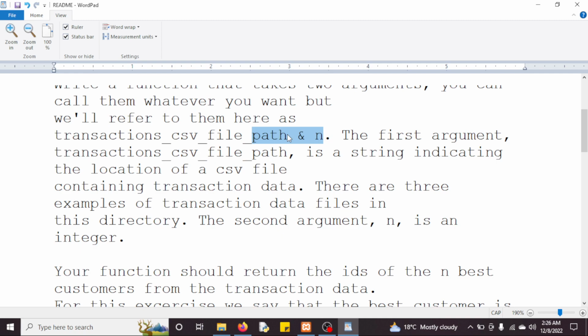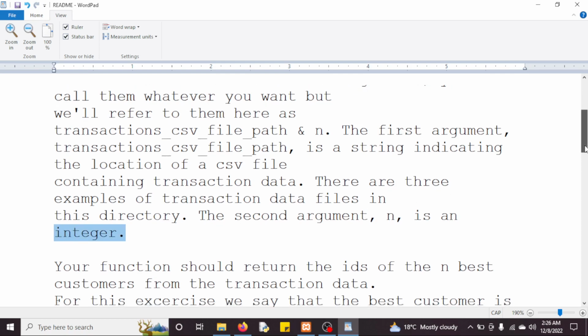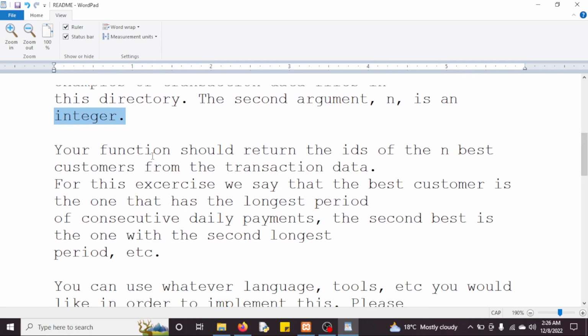The program, or whichever script you can call it, is going to get 2 variables, where n is an integer. And what is the work of this integer? Your function should return IDs of the best n.